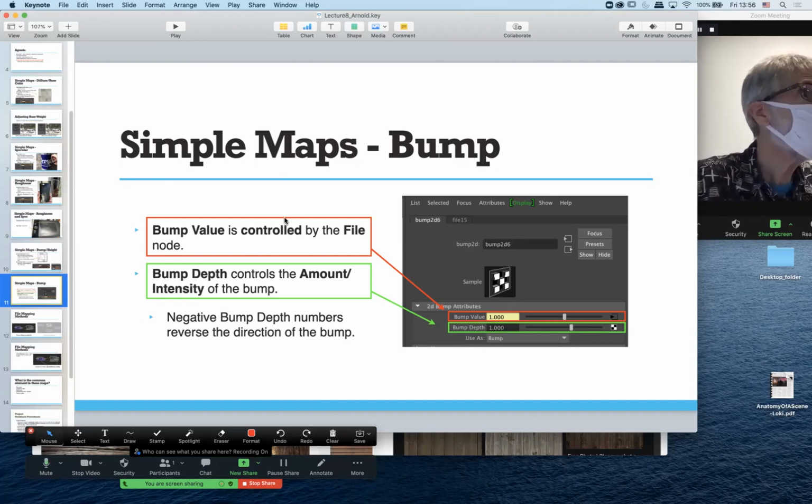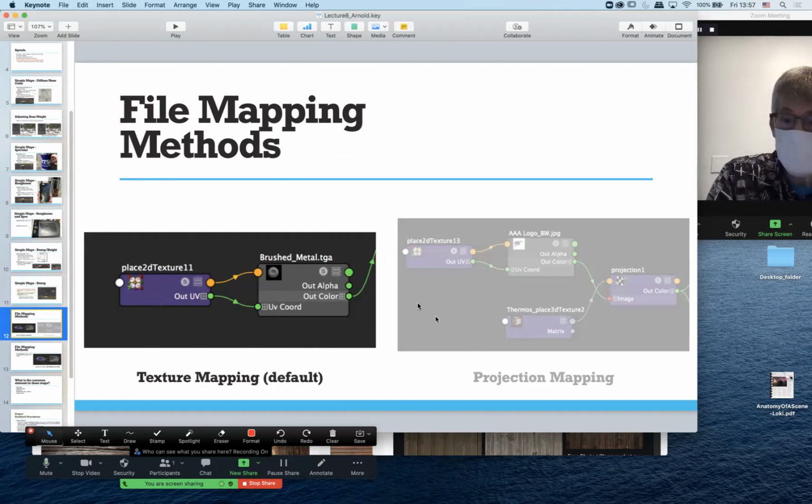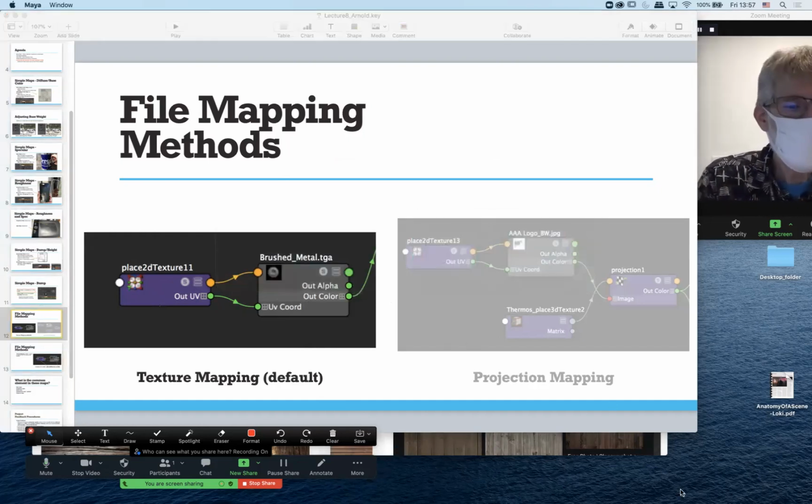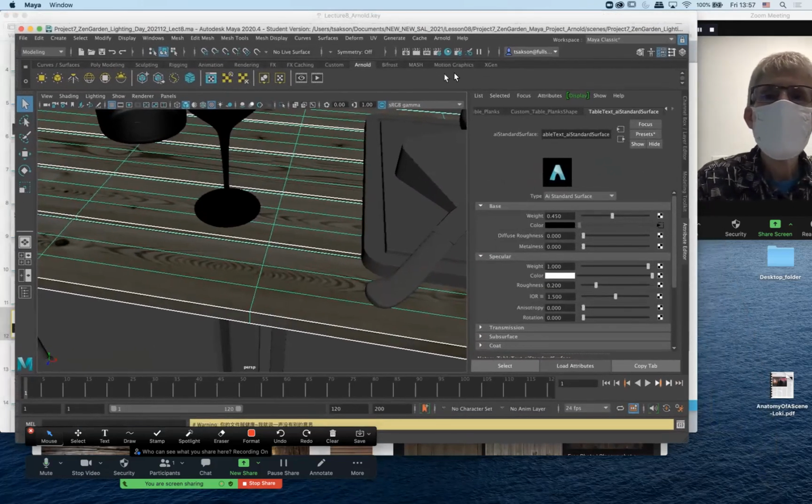Now, every time you plug a file node in, you're going to get a file node plus this thing called a place 2D texture. Anytime you plug a file in, you're going to get this automatically. And I'll show you. I'm going to pull up my Maya scene that I've been playing around with, the table. All right, so